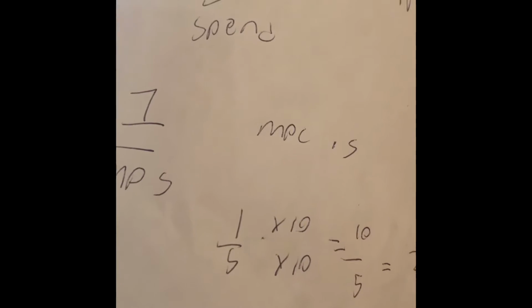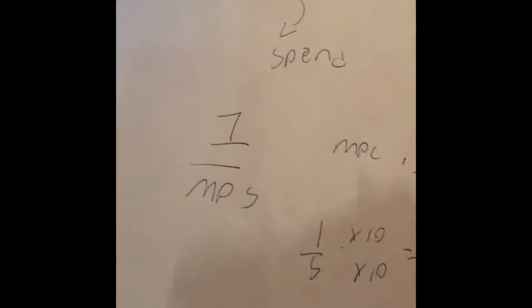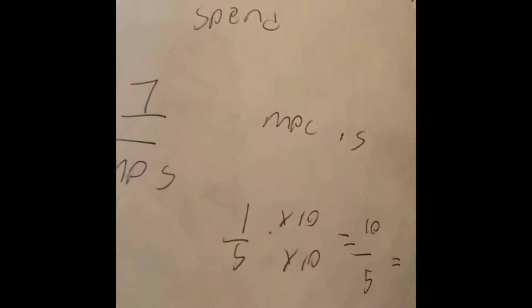So then multiply it out to 2. So that's the excess. Let me just think of an example. If the government put $2 billion in, and the marginal percentage saved was 0.5, you would have an extra 2, and 2 billion times 2 is 4 billion, so it's going to be 4 billion in